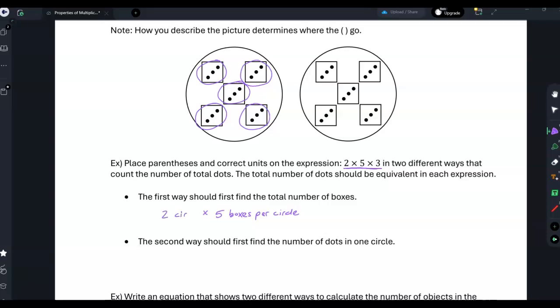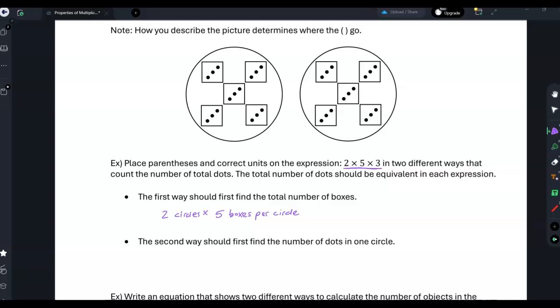And in this case, there are 2, right? So when I say circles, I mean like this and this, right? So that would be a somewhat faster way of finding the number of boxes. So notice that this is a multiplication problem. This would not be 5 times 2, it would be 2 times 5 because the circles in this case are